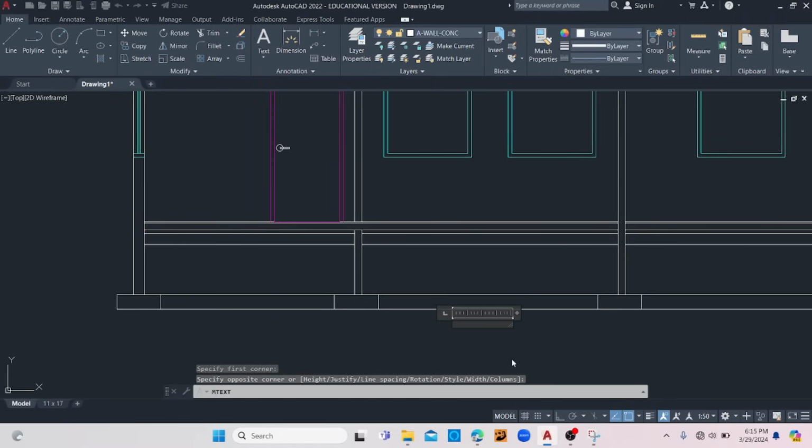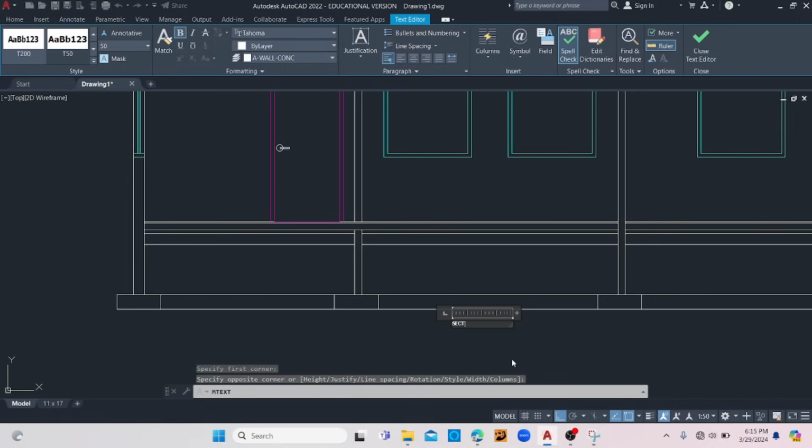So you could say section, and you could put through, and then you type A dash A, like that. Change the font size. In this case it's going to be changed to 150. Let's stretch this out a bit. Then just below that you're going to write the scale,